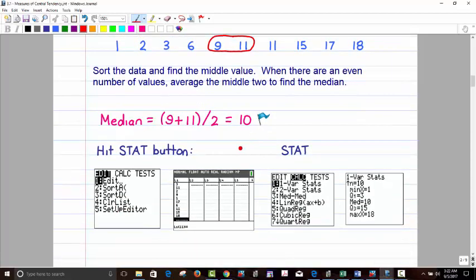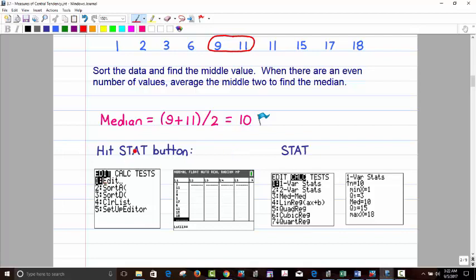Here's a little block if you want to do this in the TI-83, 84, Inspire, or other calculators that can possibly do it too. I just don't know the commands as well for those. I'd probably have to look up a YouTube video if you came to ask me about another one. But